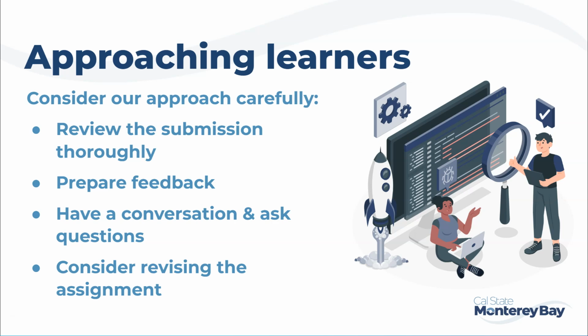So consider asking questions like, what kind of research did you use to write the paper? Or how long did it take you to write the paper? Is this the first draft? Or did the student spend enough time editing? And how did they write the paper? Did they use something like Google Docs, for example, which can record their timestamps as they work? These questions can reveal the use of generative AI without coming off as an accusation that can damage your relationship with your learners. Remember, this can be a learning opportunity for your students.